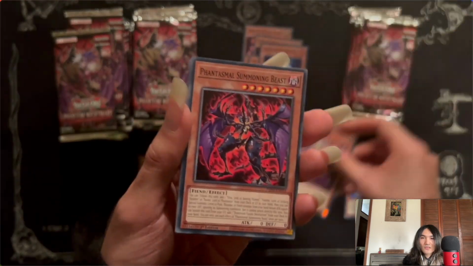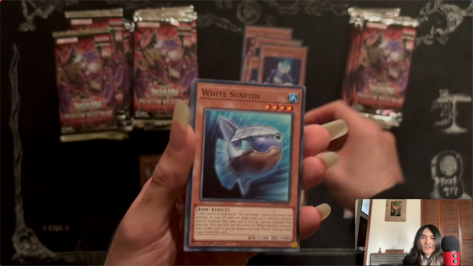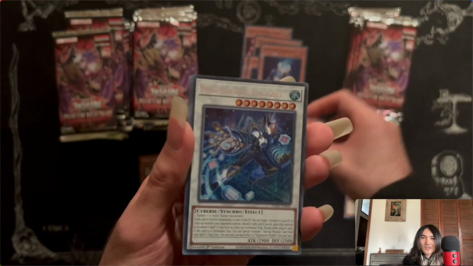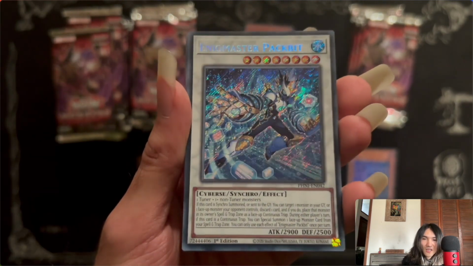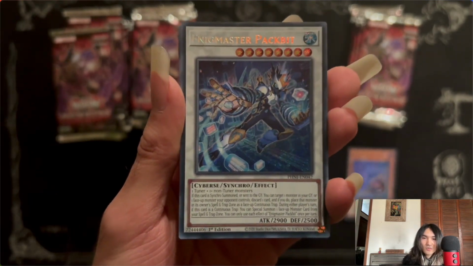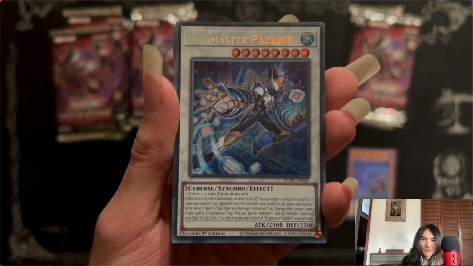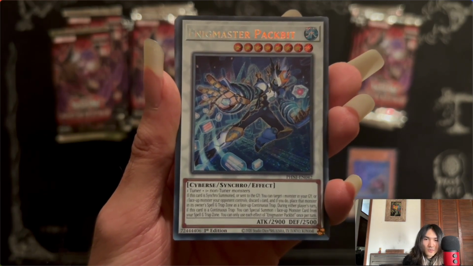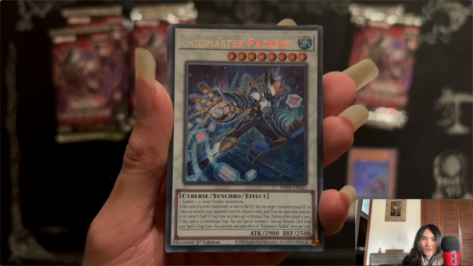Time Reloader, Phantasmal Summoning Beast, Principog, White Sunfish, Secret Enigmaster Pack Pit, Level 8 Water, Cyber Synchro Effect. 1 Tuner plus 1 non-Tuner monsters. If this card is Synchro Summoned or sent to the graveyard, you can target 1 monster in your graveyard or 1 face-up monster your opponent controls. Discard 1 card; if you do, place that monster in its owner's Spell and Trap Zone